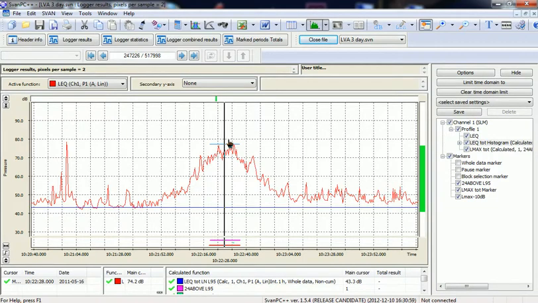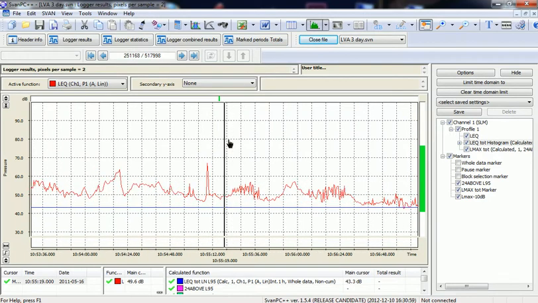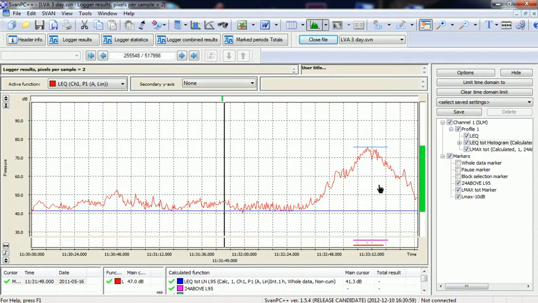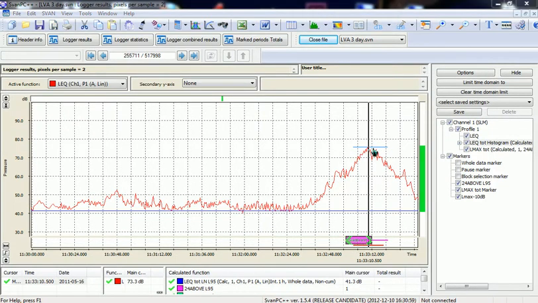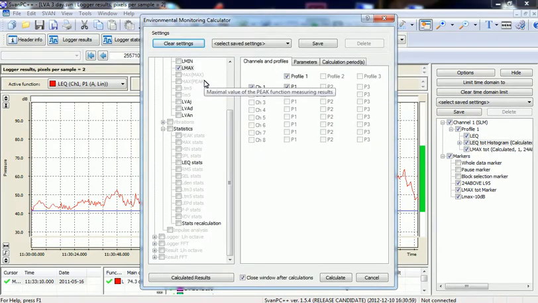Let's have a look at one more case to see how it behaves in various situations. Here we have pre-selection in this range, and then maximum level minus 10 dB looks slightly different. The important difference is that this matches the regulations, and it's the formal way to evaluate such events. So we are now quite free to go and calculate the actual parameters we need to report on,